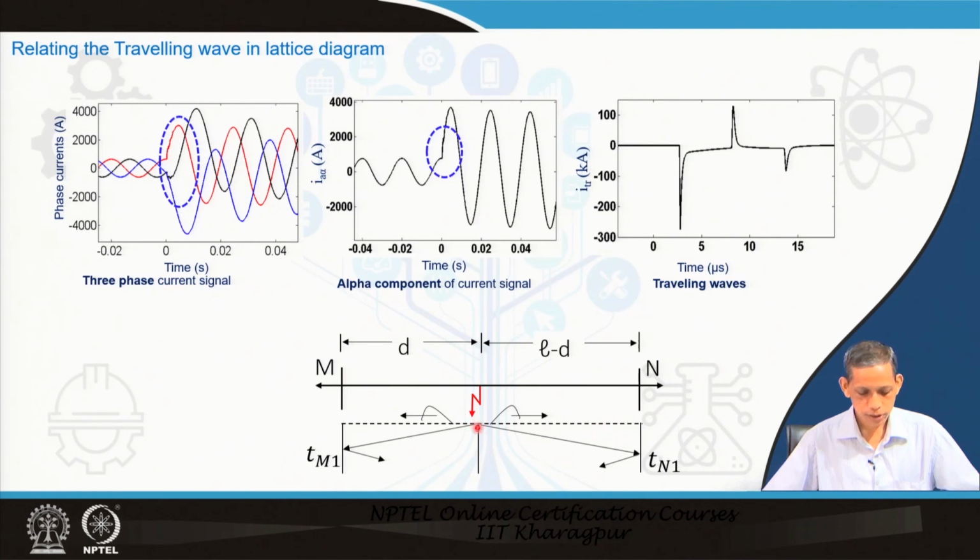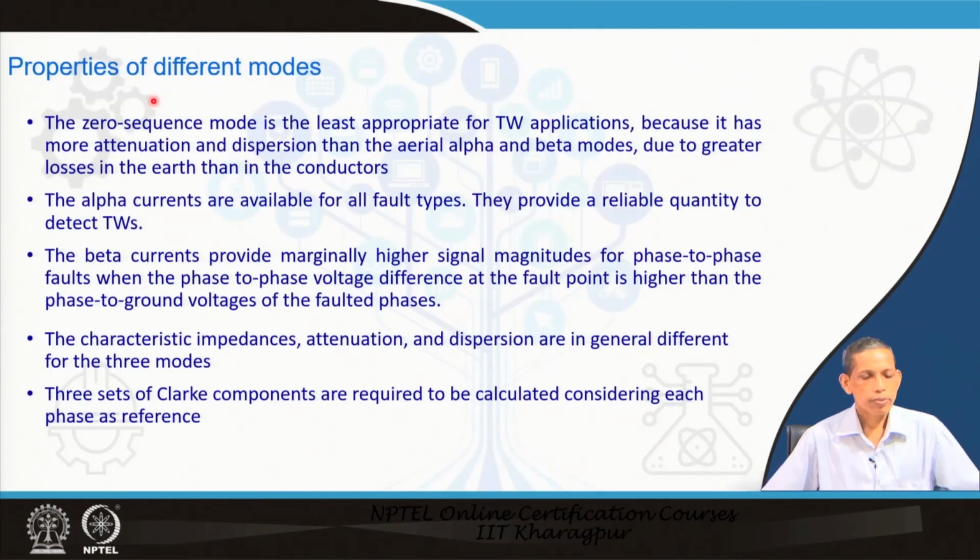From the fault point it will again be reflected, and will again be reflected from the right hand side also. So, if we are taking observations at the m bus and n bus, then the corresponding waves will be available, and this kind of travelling waves can be extracted. If we correlate these corresponding waves from both sides or at the local level, it can reveal different information for the fault position. There are different properties of these modes, zero, alpha and beta, that we are talking about.